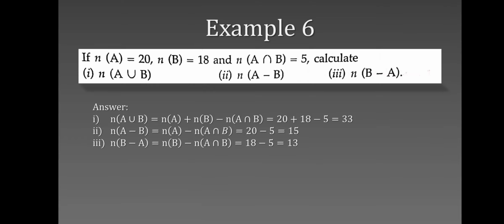Then the third one, N of B minus A, the same way, N of B minus N of A intersection B, and that is 18 minus 5, that is 13. Right? Simple, clear, easy to understand. Just remember the different formulas, you will be able to solve. Next,